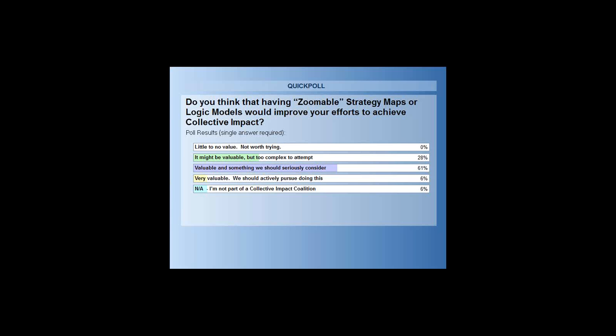We typically will start with just that top layer of the strategy, and then when people get comfortable with that, we can then start to zoom in and say, okay, you've said you want to improve nutrition in schools. That's a little bit too big for anyone to bite off. It's simple, but it's not very actionable, so you can tend to stall out. So by breaking that down into some next level of details, it actually makes it easier to move forward on execution because you've broken it down into more pieces.